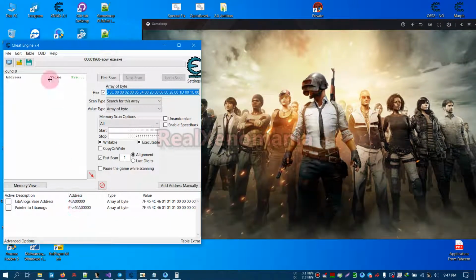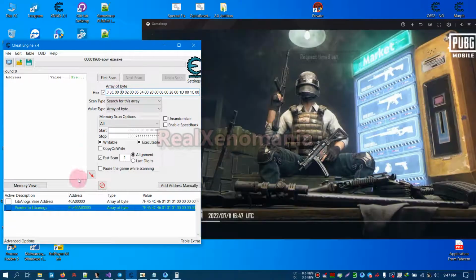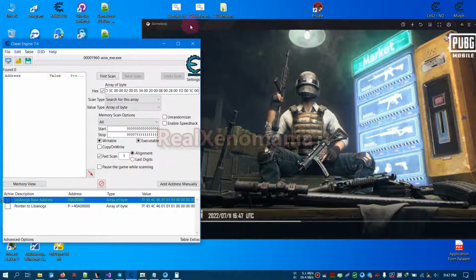So we see that as soon as we attached the new process, the pointer is reading the correct address, okay, and we can scan it again to see if the header is also in the same location. The pointer tells us already that it is pointing to a certain location in memory that has the header bytes of anogs, and we already see here that the anogs is loaded automatically on the same location that it was previously loaded on. So this is how you can simply find out any header just by eye,